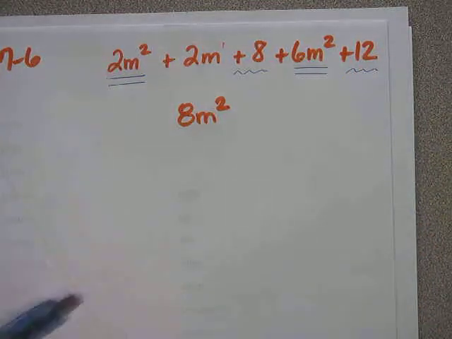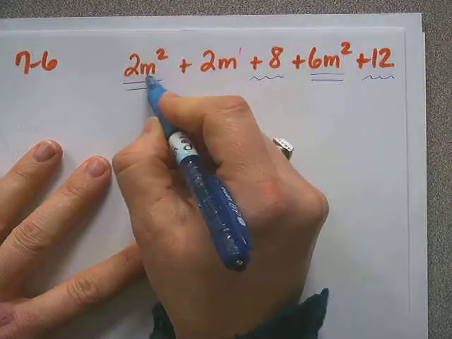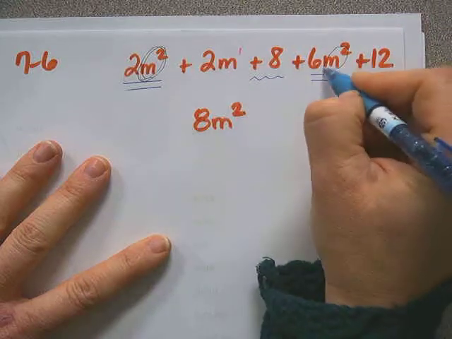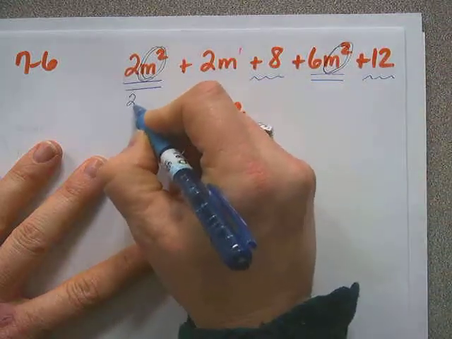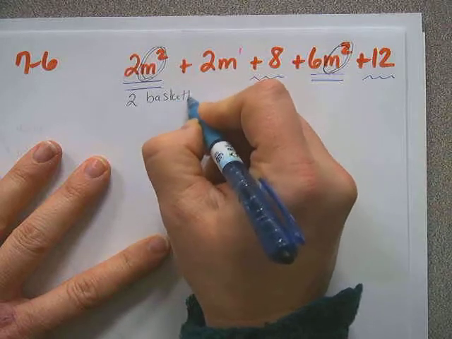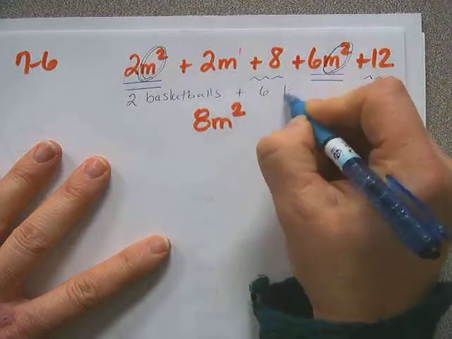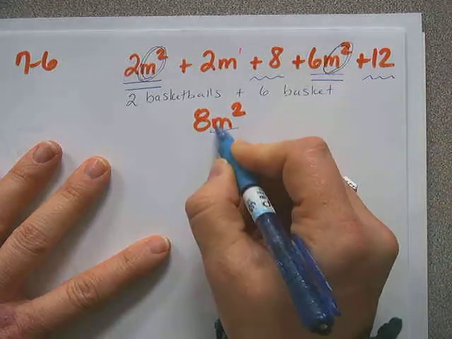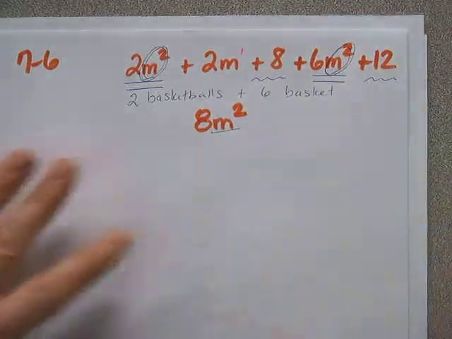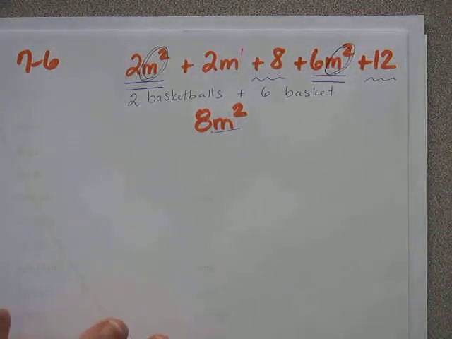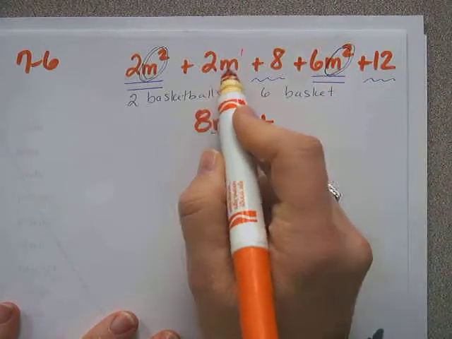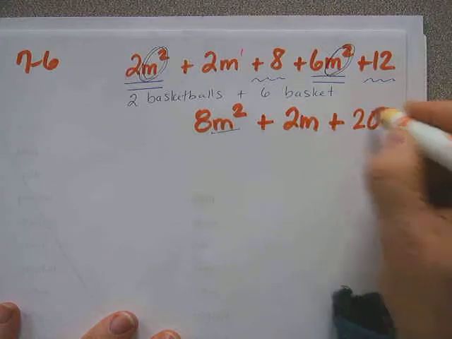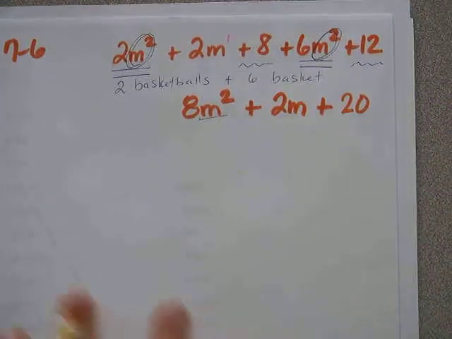You can always replace a variable like m squared with a noun. So if you replace m squared with the word basketball, this would be like having 2 basketballs plus 6 basketballs gives us 8 basketballs, m squared. It doesn't become 8 basketballs squared. Notice up here 2m has no term to add with it, so that just remains, and then 8 plus 12 is 20. So the first part of the lesson is just going to be